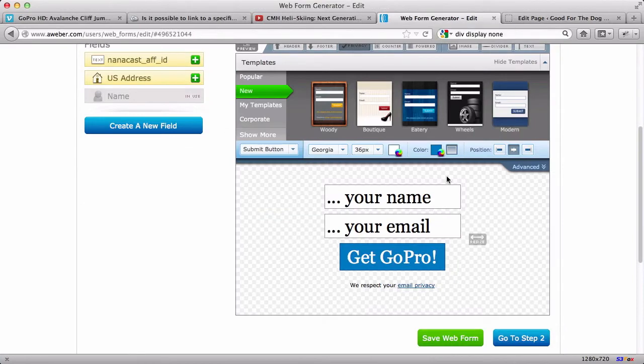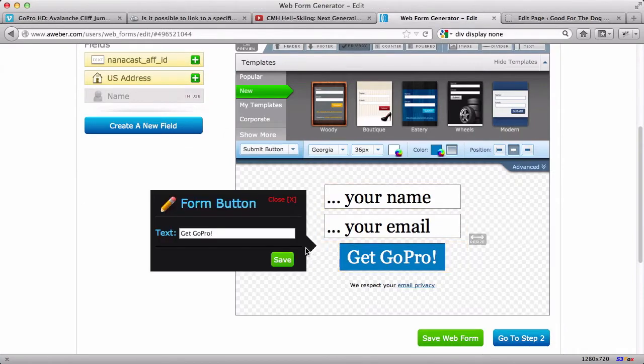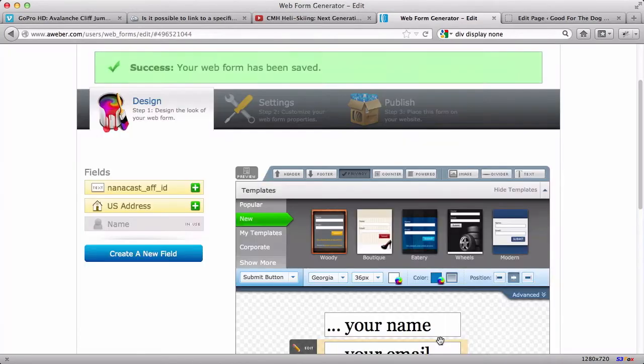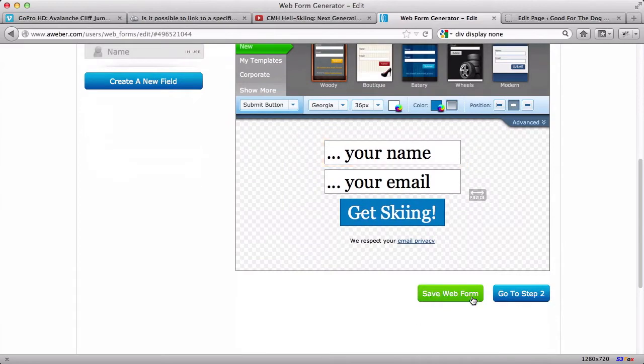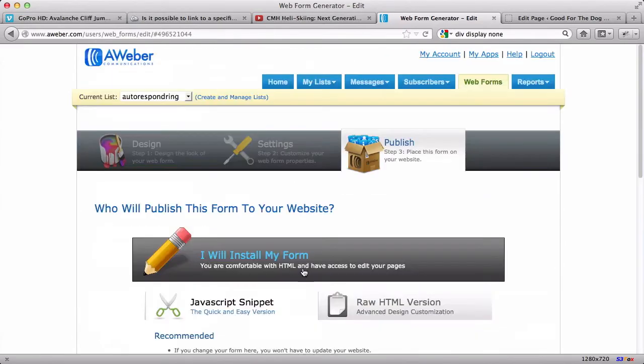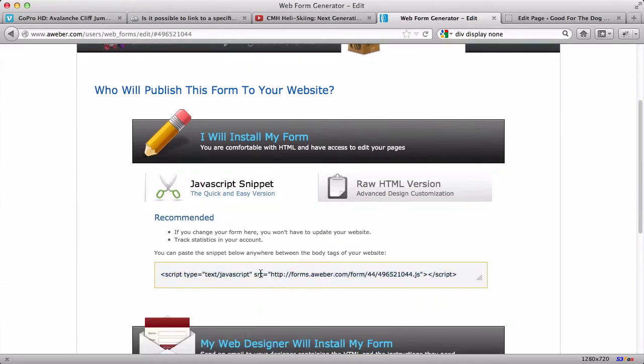So let's go here. Instead of get GoPro, let's just say go skiing. Yeah, something like that. I'll leave that there, save it. And all I need to do is save it here and it'll update on my web page, assuming I have the code. And what I need to do is go to step 2. I've already done this. Go to step 3. Install it. You can do the raw or the JavaScript. JavaScript makes it really super simple. Just come down here, copy that,